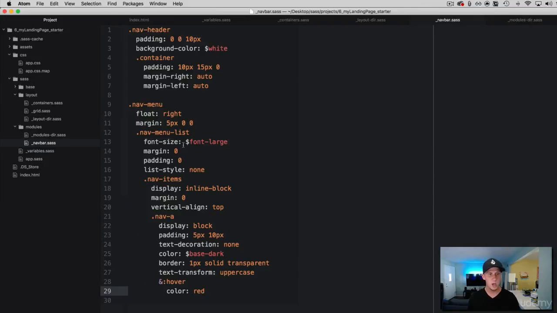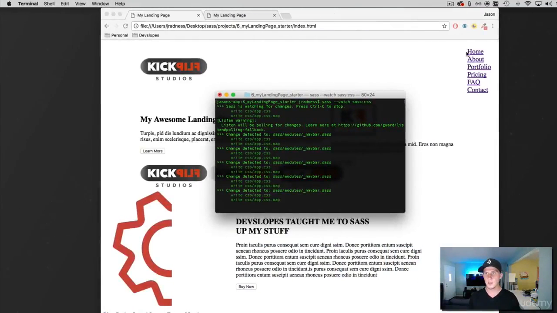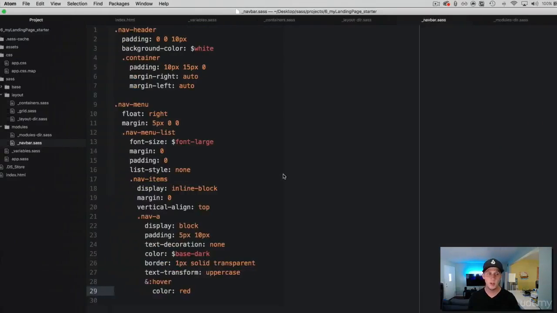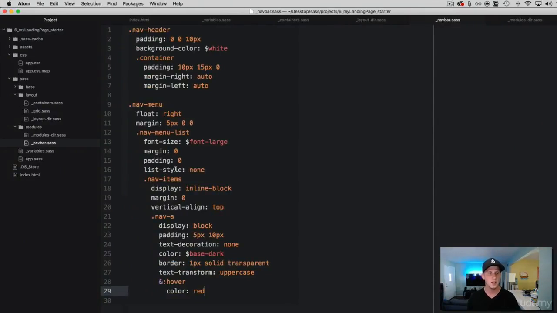All right, we know that the font size is large, and we know that we removed the list style because there's no dots on that. So we know that this section here is working. What it looks like isn't working is these nav items. So it's supposed to have a display of inline block, which is going to put it in a row for us, and that's not happening for us. And then because this is breaking, it's breaking this. So what I'm thinking